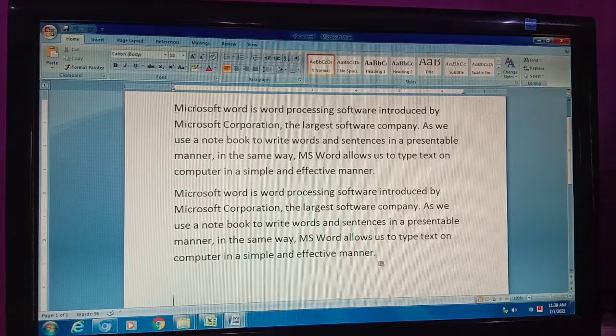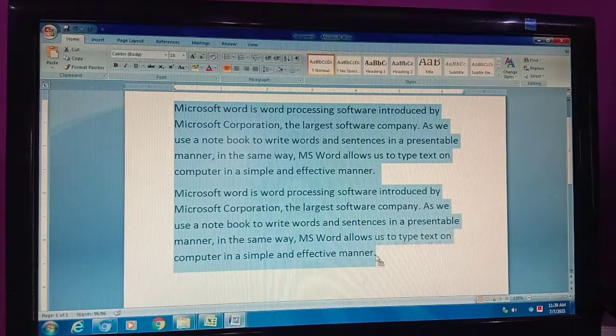click on the beginning of the sentence. This is your beginning. Press the shift key, and without releasing it, click here. See, the whole block of text is selected. A very good way.